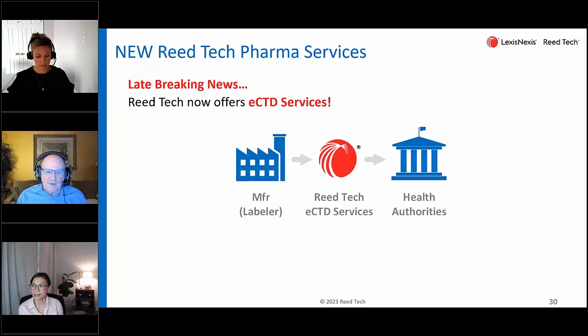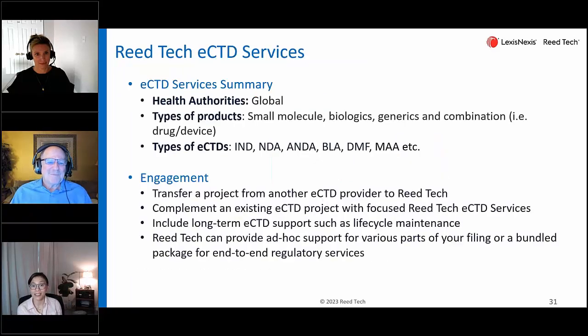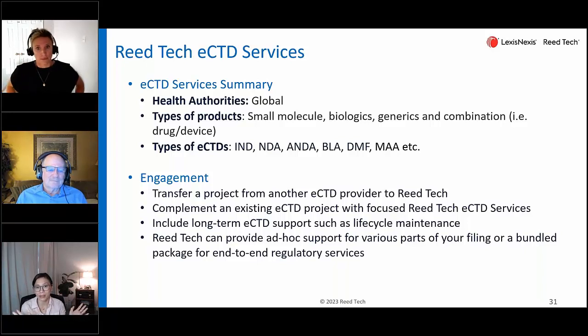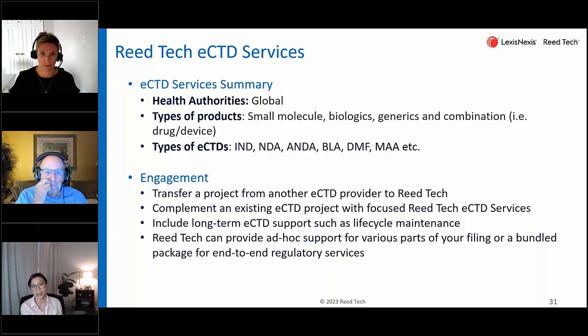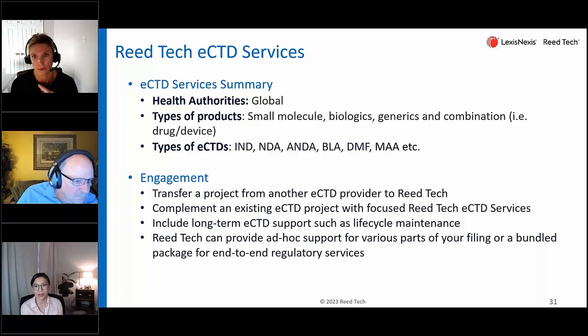Can you give us a little bit more details than we're open for business? Yeah, basically we are open to help clients out with their eCTD application. We do have experience to submit eCTD globally, in all the major regions that are accepting it. We have a fully validated eCTD publishing technology platform to be able to produce it, as well as experts. Adrian and I have been in regulatory operations for over 20 years. So we have been living and breathing eCTDs on behalf of our clients and helping them get their drugs reviewed